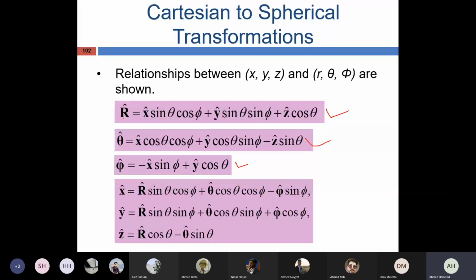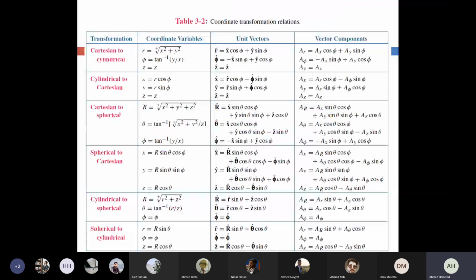To convert x, y, z to r, to convert x, y, z to theta, and to convert x, y, z to phi. It is the same the other way, from spherical to Cartesian: we convert r, phi, and theta to x, and so on, to y and to z. The table shows all these